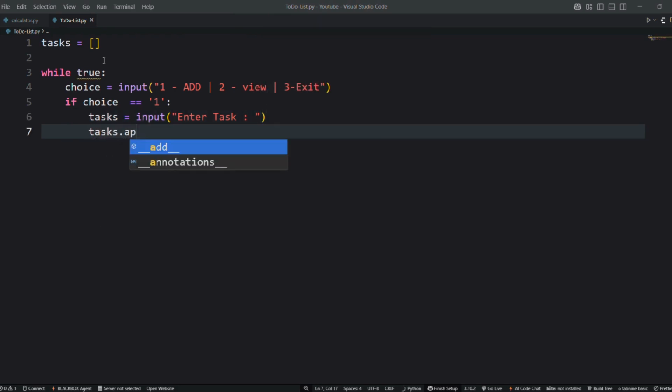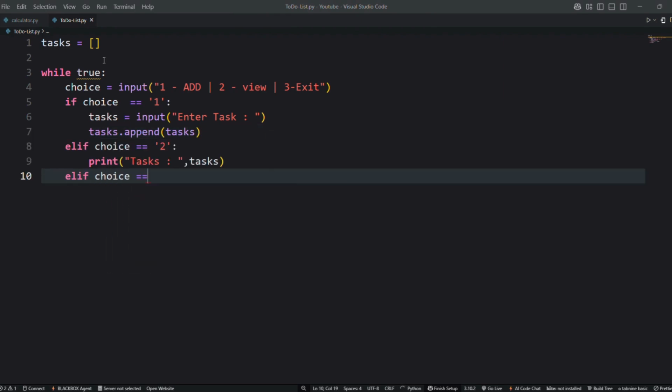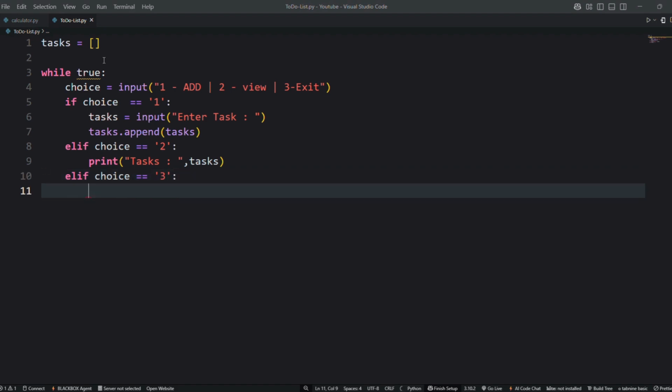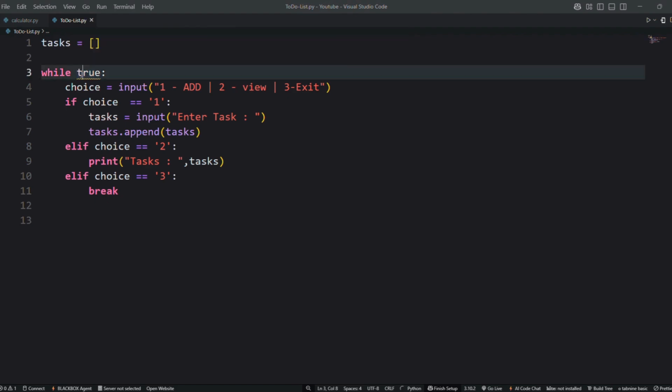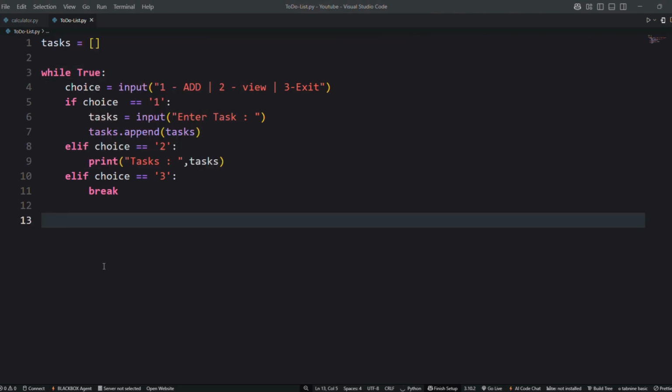We have an empty list called tasks inside a while loop. While True, we keep asking the user what they want to do. If they press 1, we ask for a new task and add it to the list. If they press 2, we show all the tasks. If they press 3, the loop breaks and the program ends.